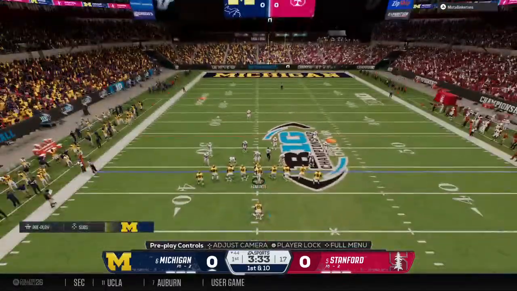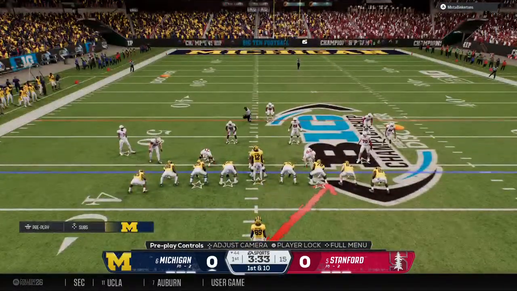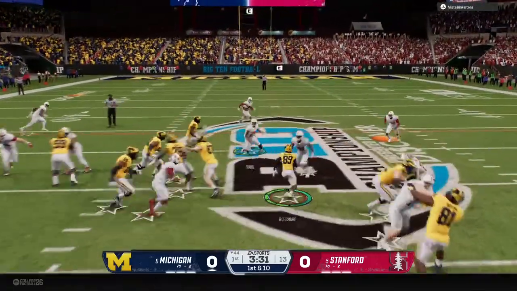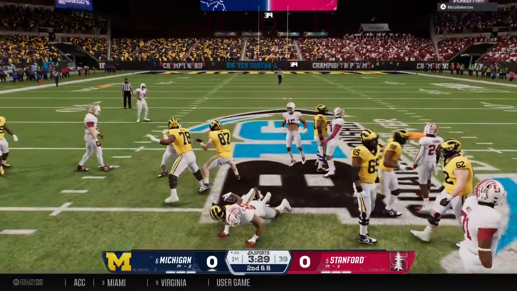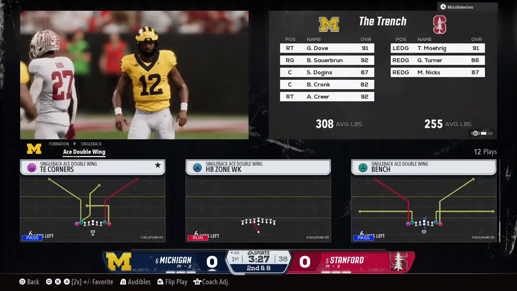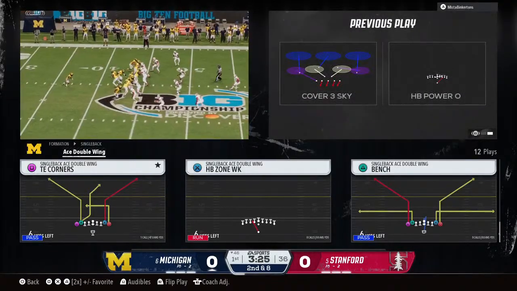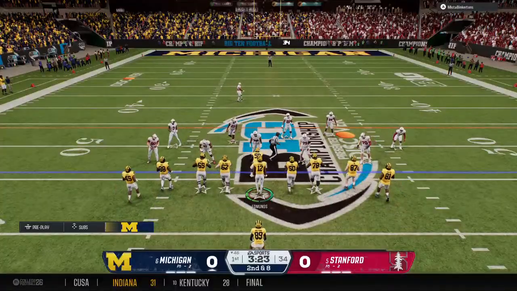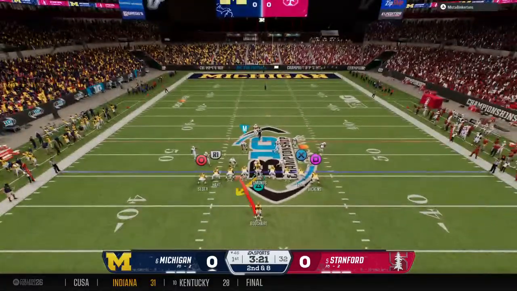Comes up on first down in 13 personnel. This can create some problems for a defense. He finds some space. You see him able to make the stop after a short gain. Offense getting set. Second down play here.